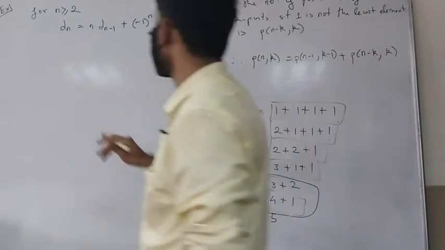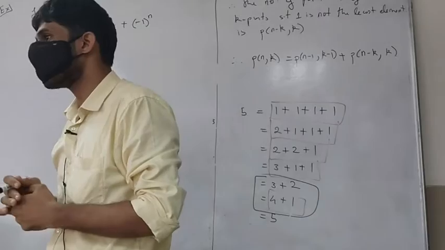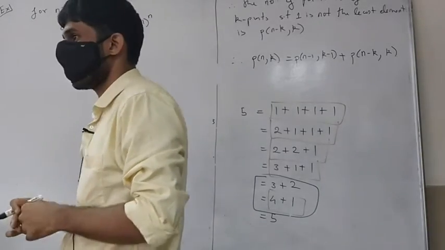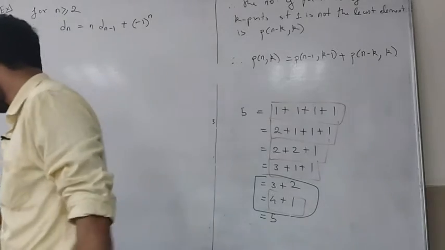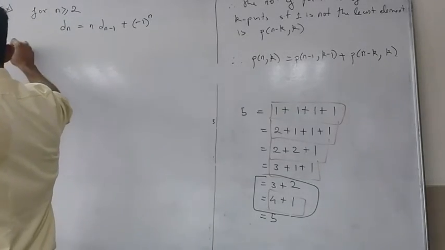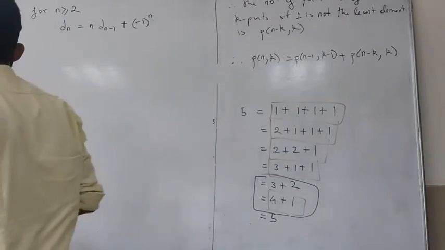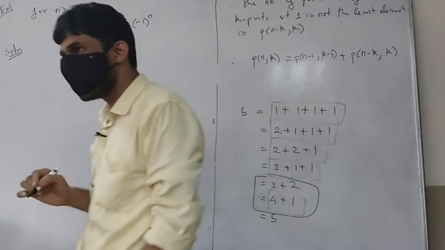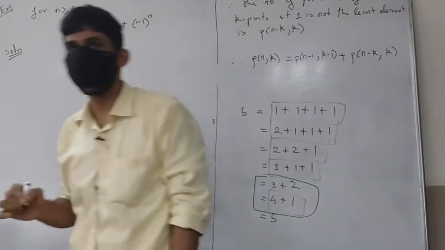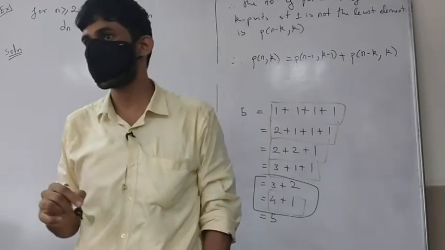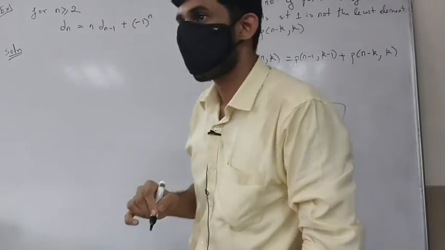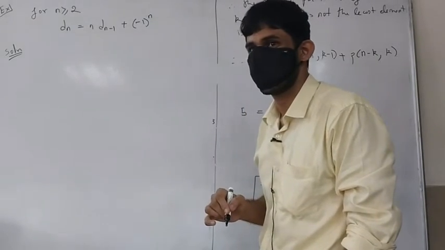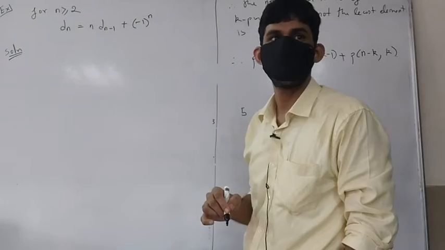So let's first check that it works. I want this to work for n greater than or equal to 2, because it doesn't make sense when n is 1, unless you're ready to make certain assumptions. So let's start with n equals 2. Let's see whether this works when n is 2. What is d of 2?